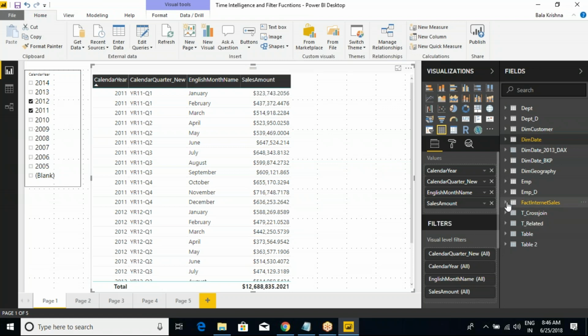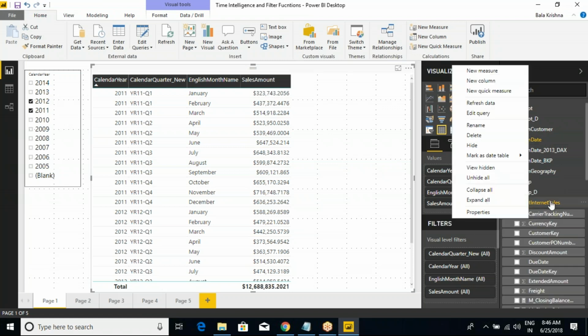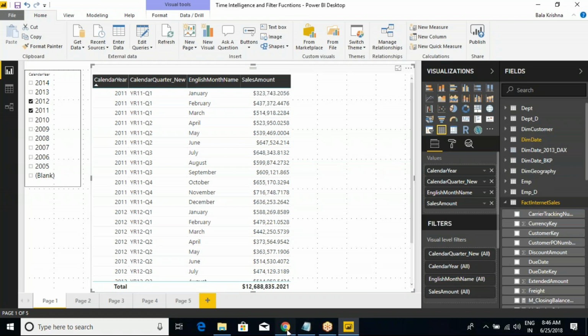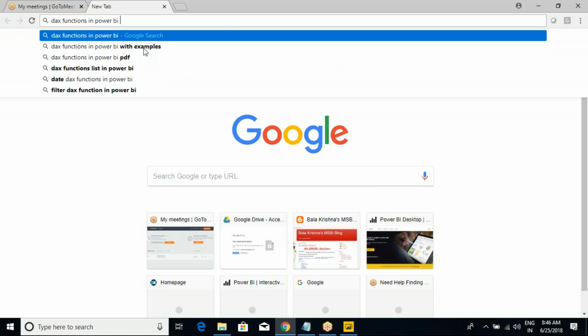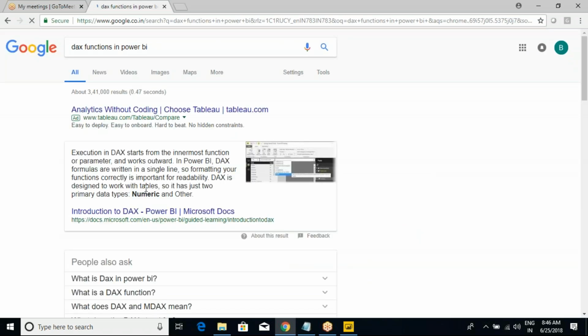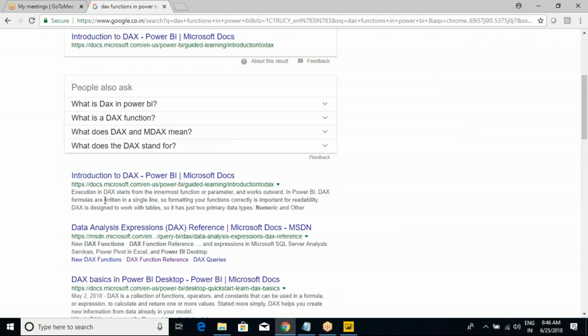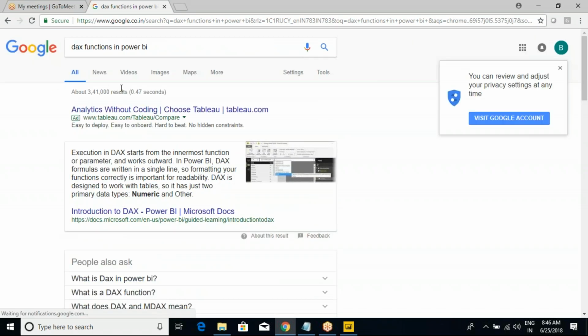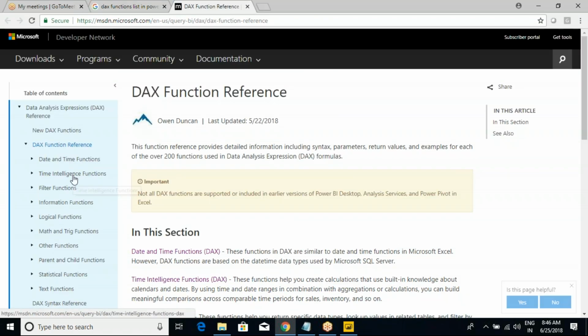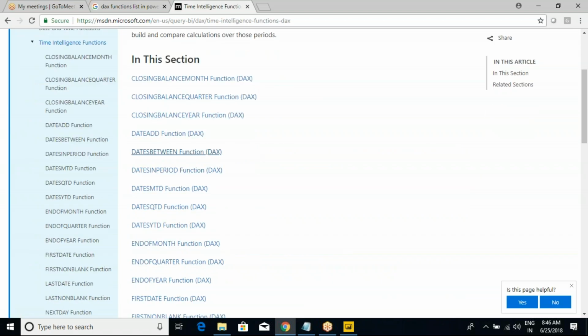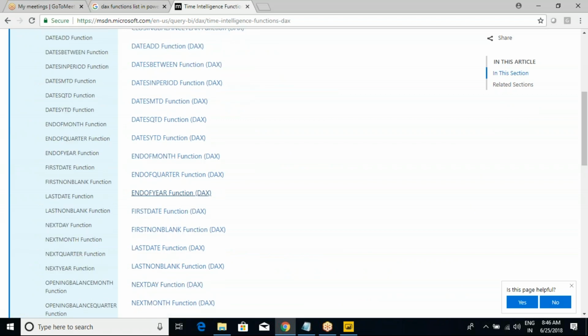So the next function would be, let me add this one. Let me see how much we covered. Only closing balance is correct. DAX functions in Power BI. The time intelligence functions. As you can see, DATEADD, DATESBETWEEN, DATESMTD, end of month, end of